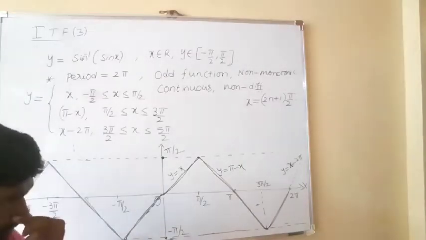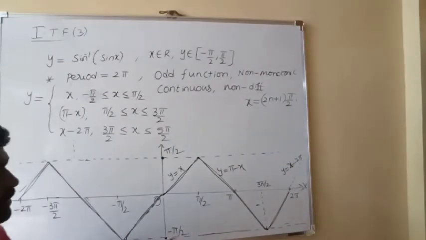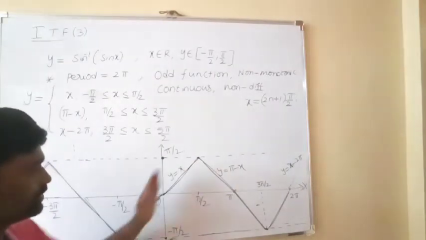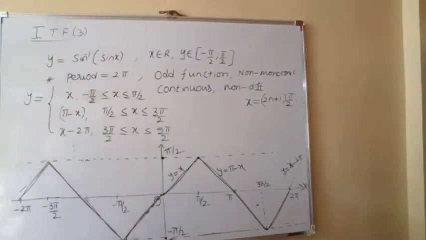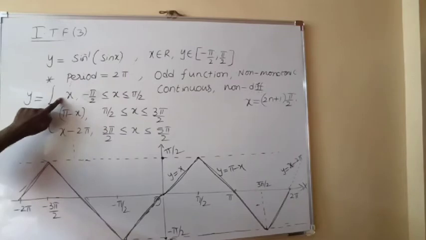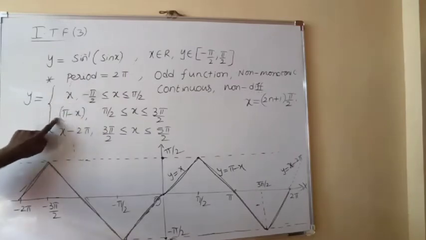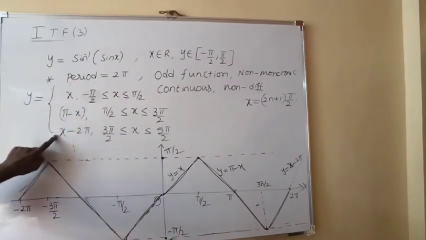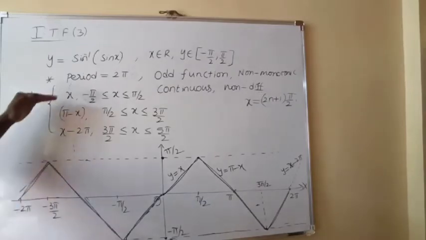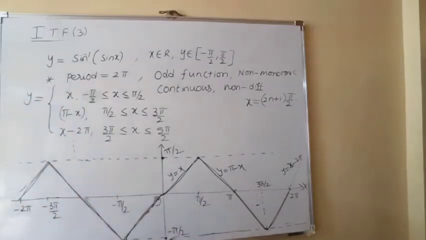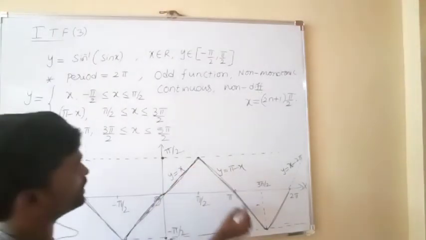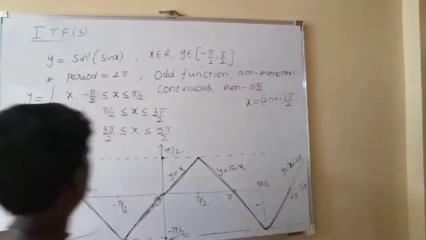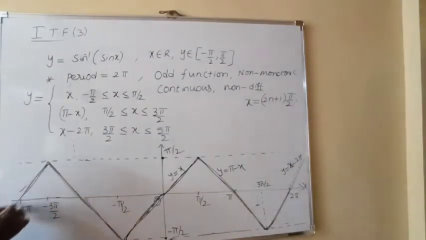So now observe here. Alternatively, these are part of the straight lines only. These branches, observe, they are straight lines. Here the first line, slope is 1, y is equal to pi minus x. In this branch slope is minus 1. Here slope is 1. Next, slope must be minus 1. So this line slope plus 1, this line slope minus 1, this line slope plus 1, next this line slope minus 1, this line slope plus 1.